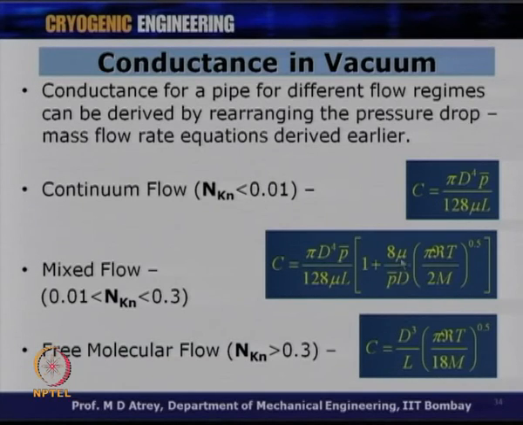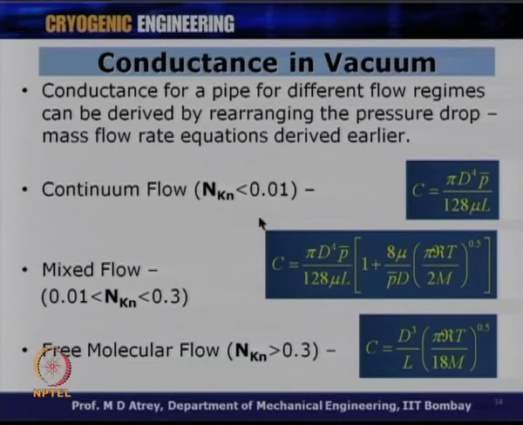What does it mean? It means that if I know the length of a pipe, if I know the diameter of the pipe, if I know the average pressure in the system, if I know the temperature, if I know the gas to be vacuum, I can calculate conductance for that pipe, for that gas, for a given delta P, for a given pressure, for a given length and given diameter of the pipe, I can calculate conductance of different pipes. Many times now we can have standard equations to calculate conductance for a bend, conductance for a straight length, conductance for diametral changes in the pipe lengths, and these are the formulae which will help us to calculate conductance for different pipes of different length and diameters for different gases.